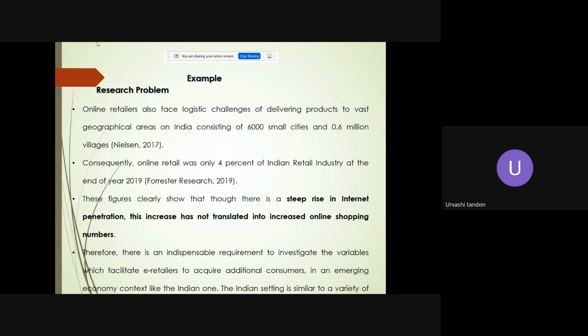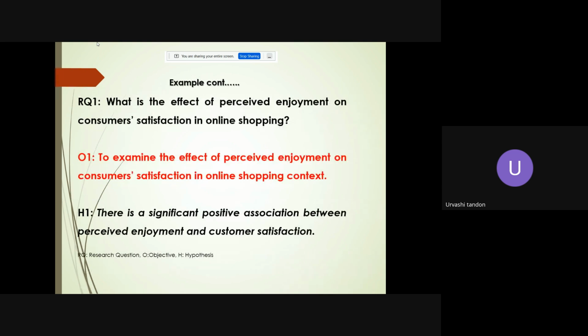The problem statement is the part which starts from "therefore." There is an indispensable requirement to investigate the variables which help e-retailers acquire additional consumers in an emerging context like India. Indian systems are very much familiar to other developing countries, where you can use this research. So this is the example of how you formulate the research problem, right? Now let's say research questions, objectives, and hypotheses are framed accordingly. For example,